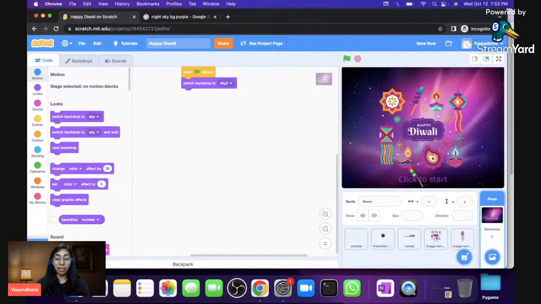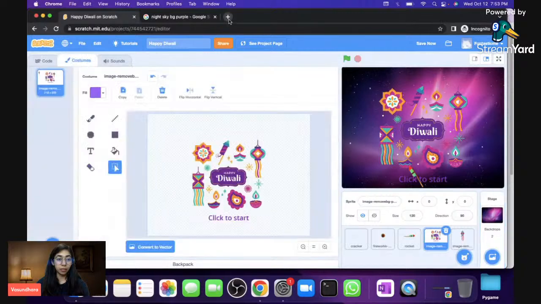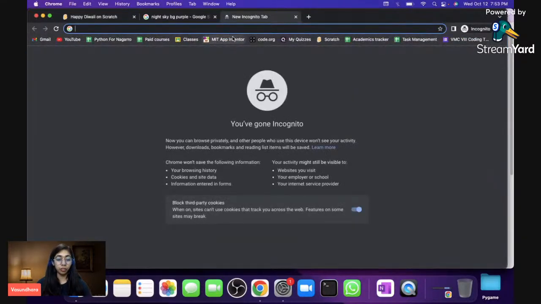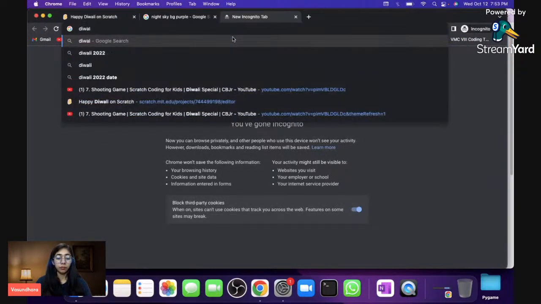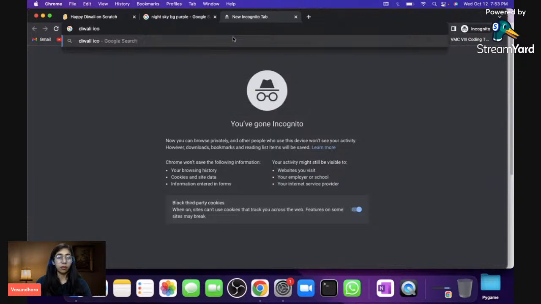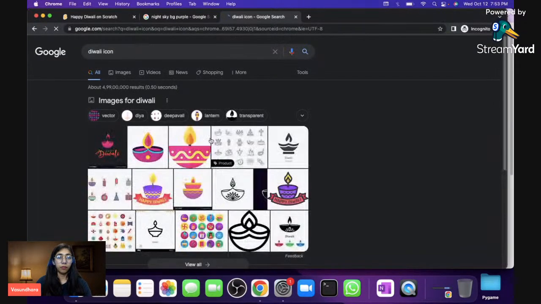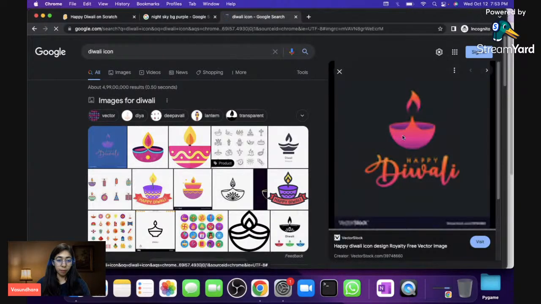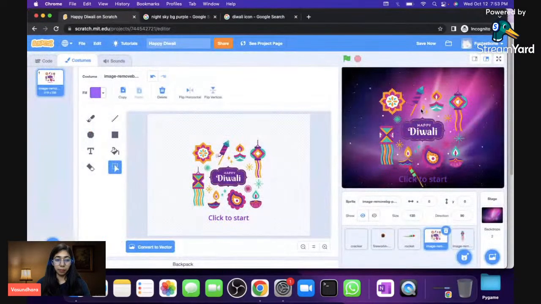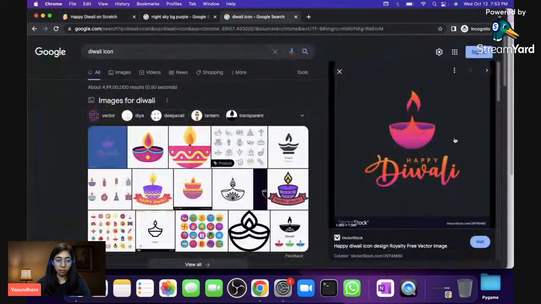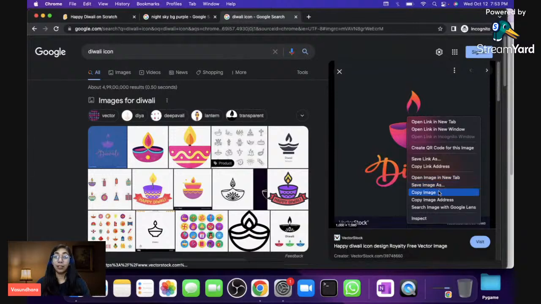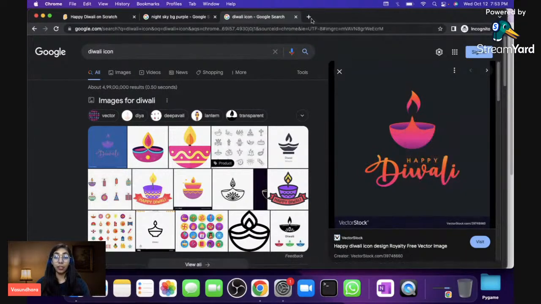So now when we click on this picture to start, this is basically this, and I got it from the internet. I searched Diwali icon, and this picture appeared somehow. If you are taking this picture, you don't want the background, because I don't have the background in this picture. I have the sky. So what you can do is copy this image,